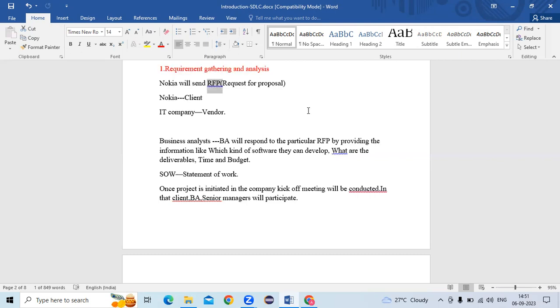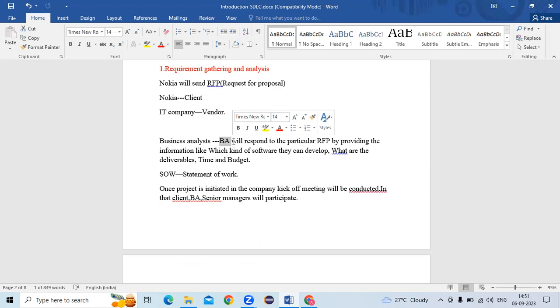In the IT companies, developers will be there, managers, testers, admin team, networking team, different teams will be there. Similarly, business analysts, nothing but BA, also will be there. What is their work? Whenever the company gets the RFP document, they will give the response for that. They will give the reply on what kind of software the IT company will develop, what they are going to provide along with the software, how much time they will take and what the budget is to develop that. All this information they will keep in the response and it will be sent to the